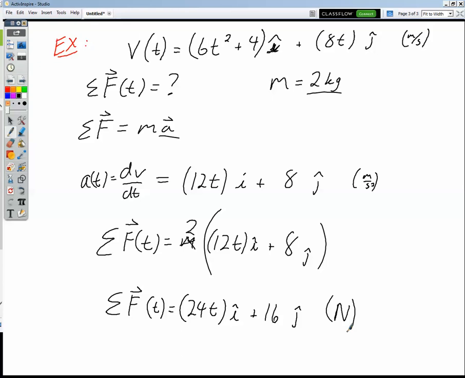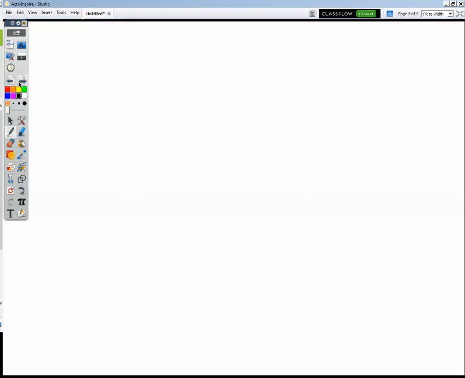All right, so we think about what that means. At 1 second, we plug t equals 1. We have a force of 24i plus 16j. At t equals 2, we plug in 2 for t. We have a force of 48i plus 16j. So we can find the magnitude and direction of the force at any time t. Let's do it. What is the magnitude and direction of the net force